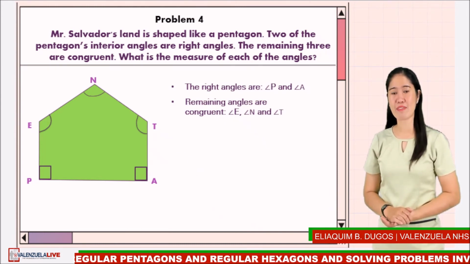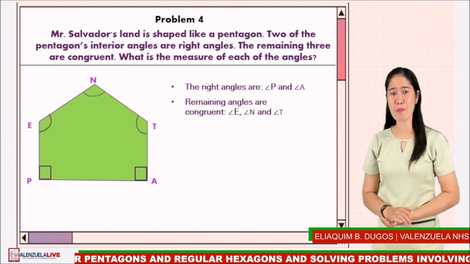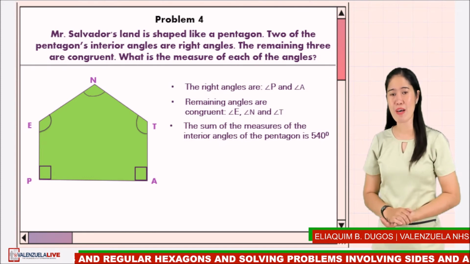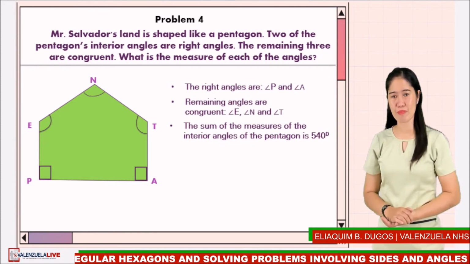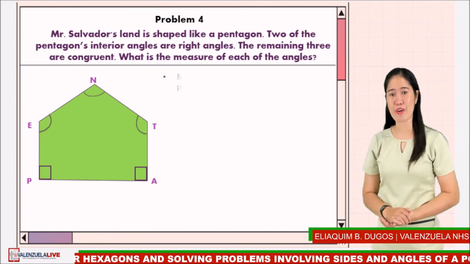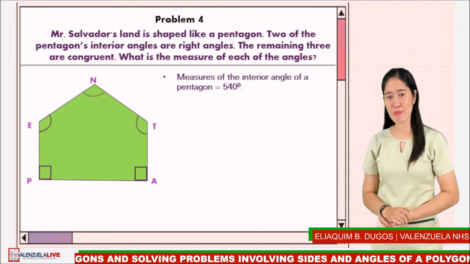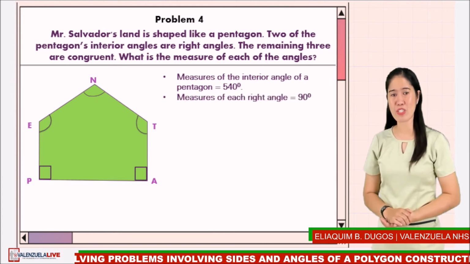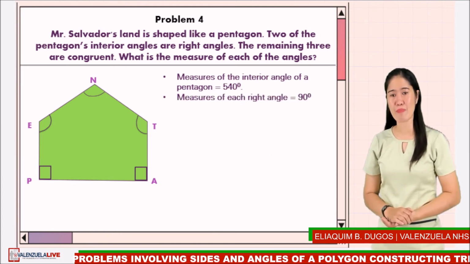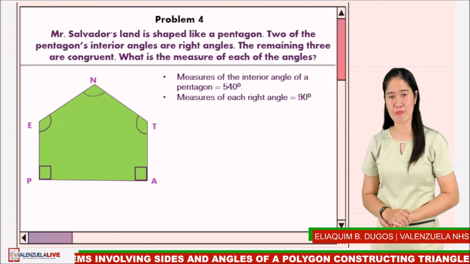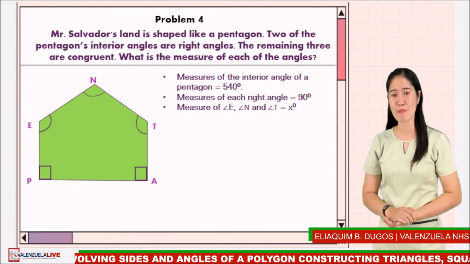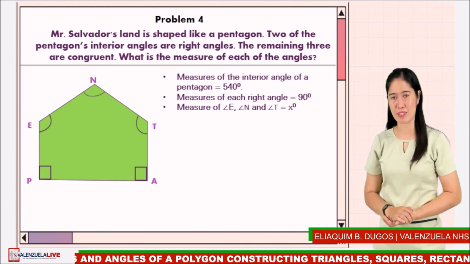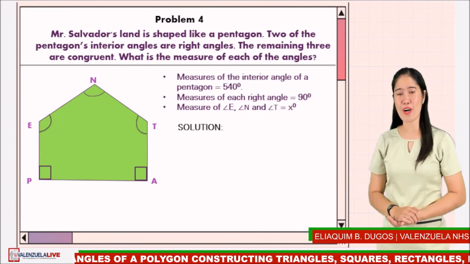The sum of the measure of the interior angles of the pentagon is 540 degrees. The measure of the interior angles of a pentagon, again, are 540 degrees, while the measure of each right angle is equal to 90 degrees. And the measure of angle E, angle N, and angle T is equal to x degrees. For our solution,